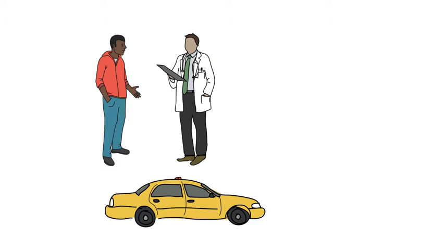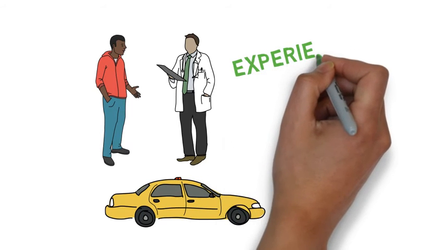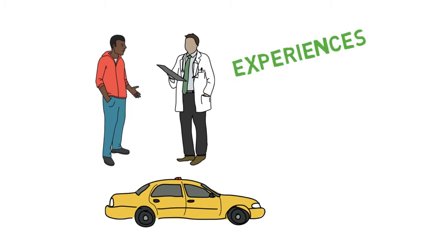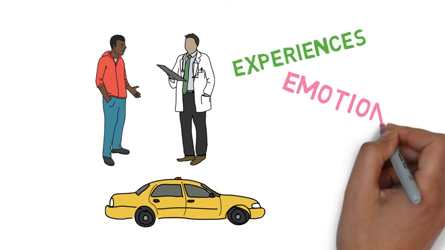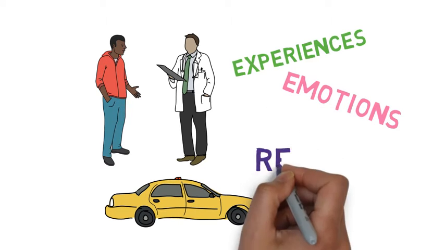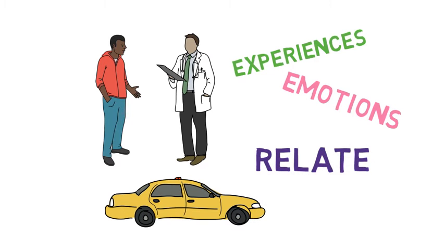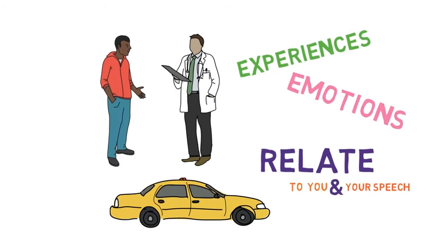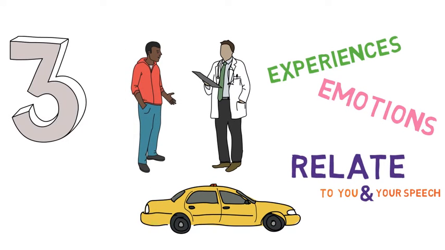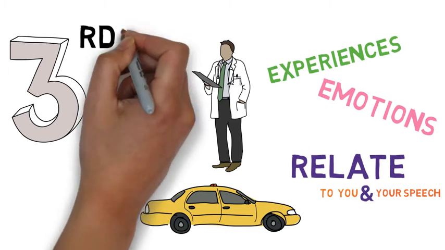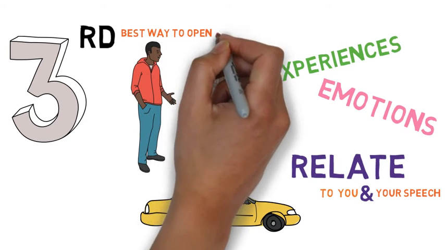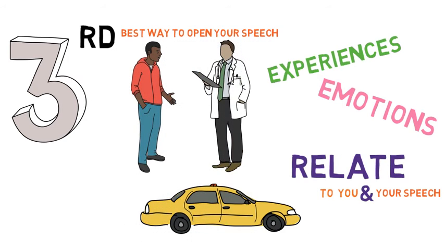So what you do is basically say something that the audience might have felt in the past, or you think they are experiencing right now, and you just highlight it. You just highlight their emotions and their experiences. What you do by doing this is that you relate to the audience better. Okay, so they subconsciously relate to you and your speech, and thus that is how you get their attention. And this is exactly why this makes it one of the best ways in which you can engage your audience.